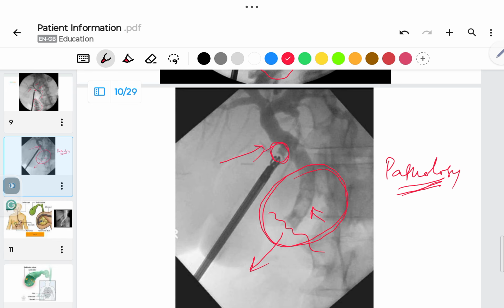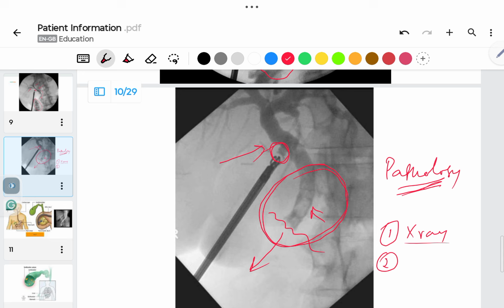The important thing here is to understand that when we are doing a cholangiogram, it gives us good information about the anatomy. It tells us about the pathology, if there is any problem with the bile duct. When we give the cholangiogram, there are a few problems. One, it involves exposure to X-rays or radiation. Two, it causes a lot of